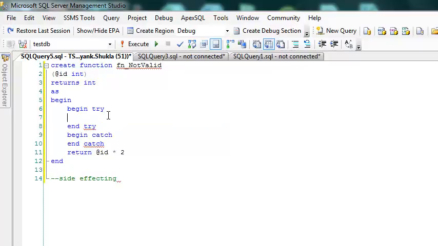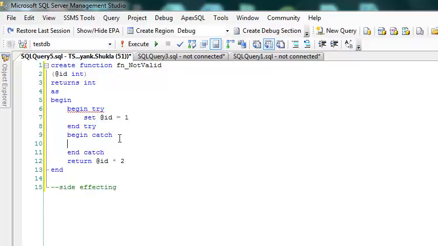Now see this, invalid use of side effecting operator try catch within a block. So one thing is for sure that some operators called side effecting operators are not allowed within a function. Whenever we say side effecting operator, it may be a DML operation, it may be a begin try, newid, anything, those are not allowed within a function.